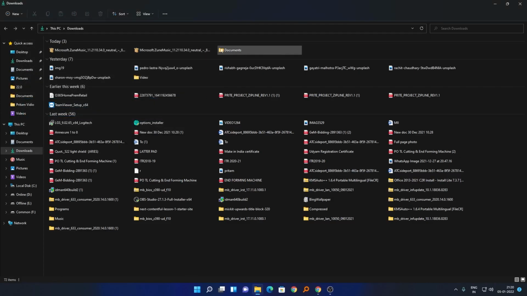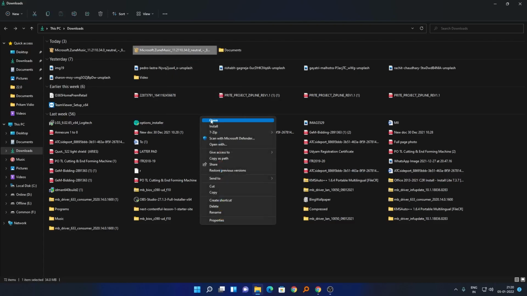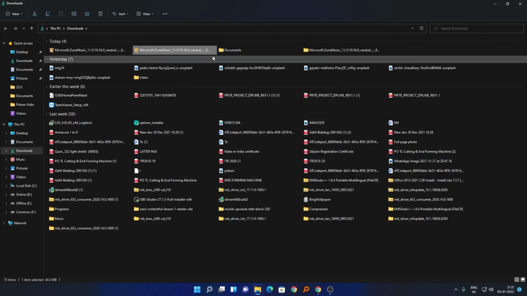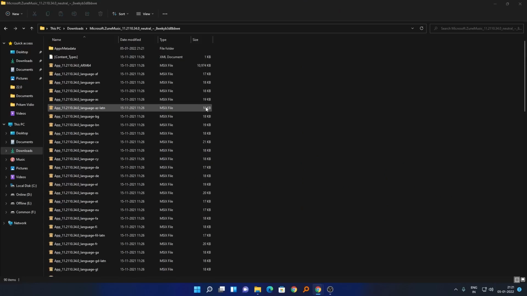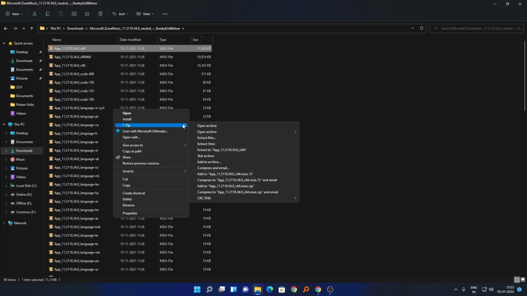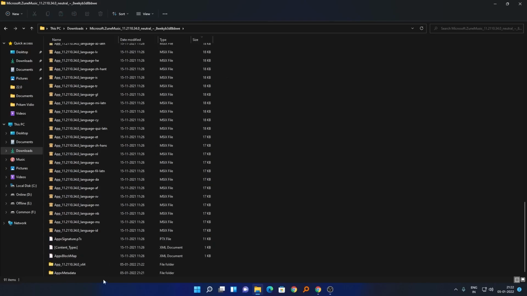Therefore we could not install it like this. So how can we install this? For that we need to right click, and make sure that you have 7-zip or WinRAR archiver present. Just unzip it. Here we go. Now here what we need to do is find the x64 file. Now click here on size because this file is large enough, so in this way we can find it easily. Now again right click and extract it. Here I am using 7-zip, so I am going to extract it again in the same folder.